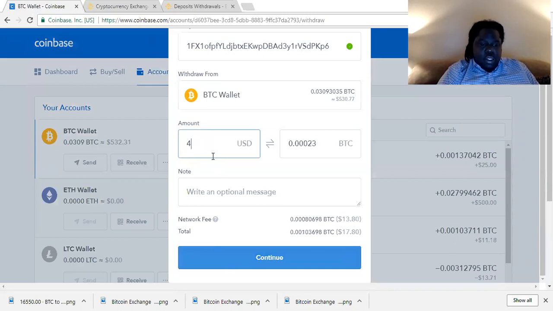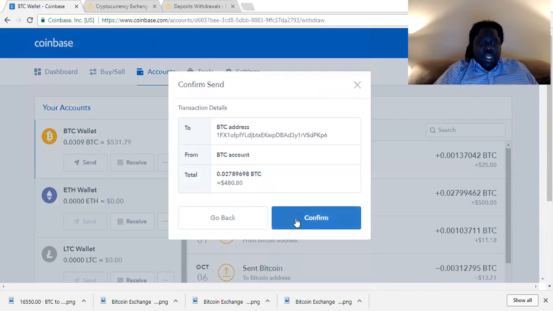in the portion there. Normally it wouldn't be a problem, but since I had a little extra coins already in my account, it wouldn't allow me just to add that exact amount. So we just got to play with it, and it lets us take it up to $480.80. So that's extremely close to what it would be if we had started with that initial $500 in an empty account. So we're going to go ahead and send that over to my Binance account,